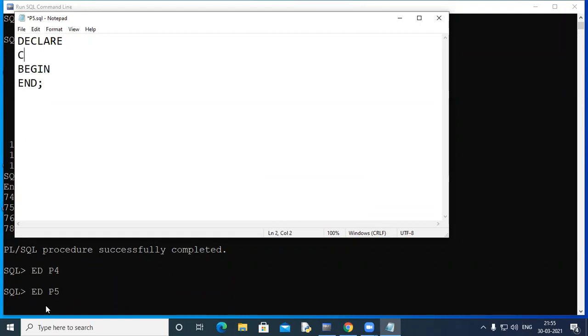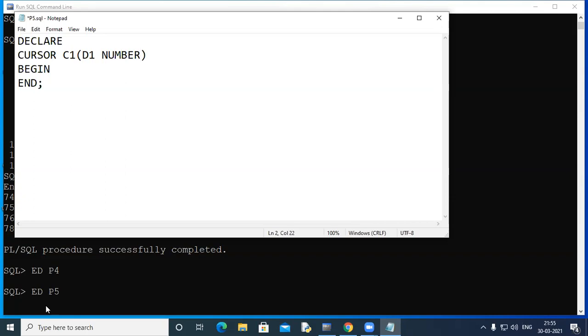So I'm suggesting this now: cursor C1. Then you can write a parameter here, D1, which is a department number. That means when you write the cursor, you will pass the department number as an argument to this cursor. So this is a parameterized cursor, or cursor with parameter.